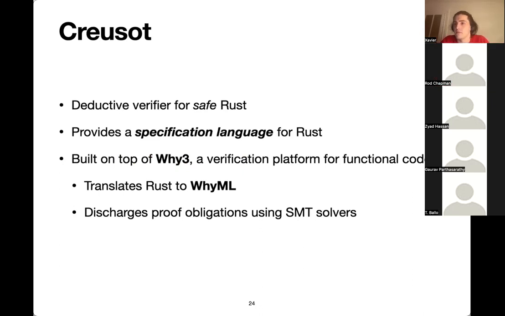And then Creusot adds quite a lot on top of this prophetic encoding. We've developed a specification language for our Rust programs, which allows us to describe the properties that we want to verify in a fairly ergonomic way, and is built on top of Why3, which is a platform that abstracts over quite a few SMT solvers, and also provides a whole bunch of mechanisms to aid in verification, which gives us, in my totally unbiased opinion, a very efficient platform for developing a verification tool.